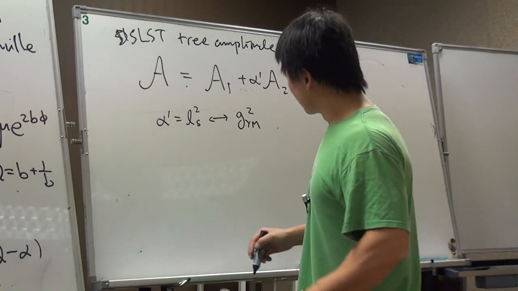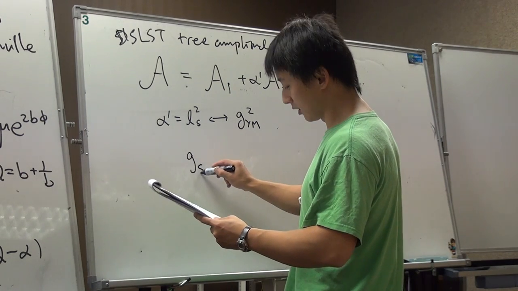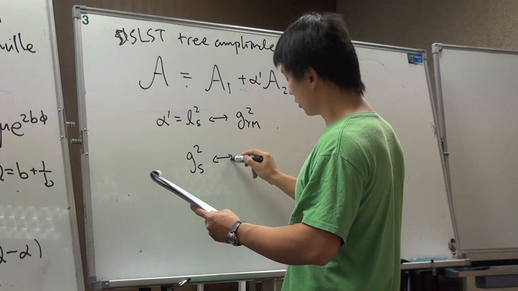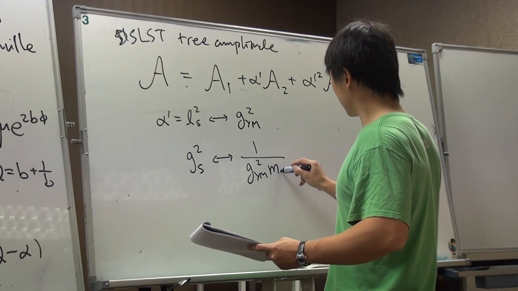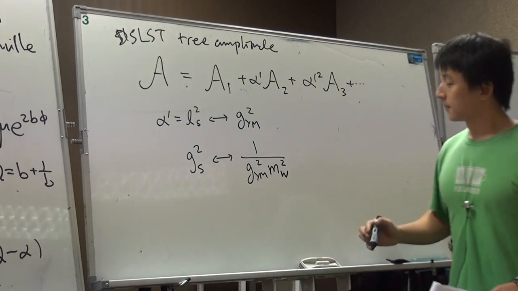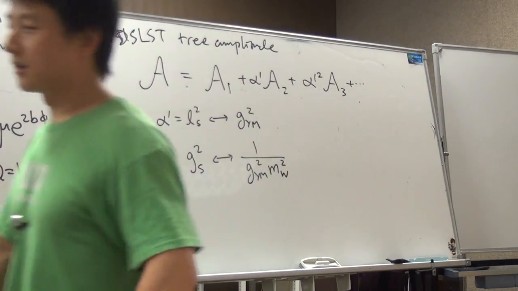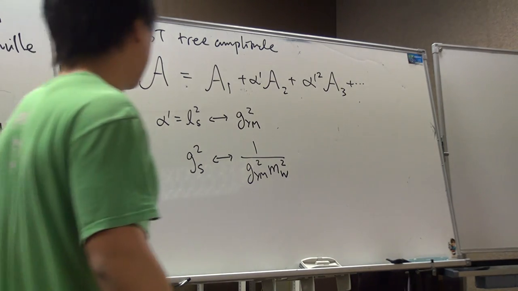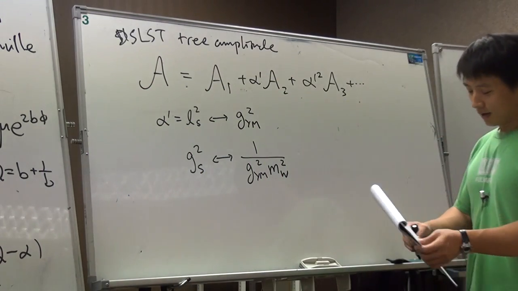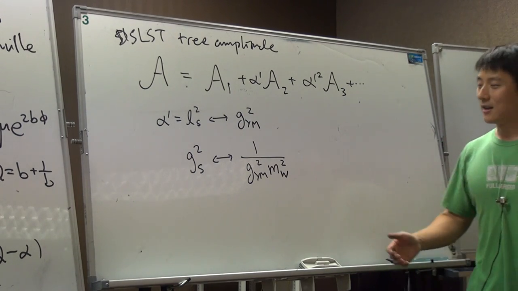The string loop expansion, on the other hand, as I also mentioned last time, g_string squared will correspond to 1 over g_Yang-Mills squared M_W squared. So it goes like 1 over the distance on the Coulomb branch squared. What this corresponds to on the gauge theory side is that if you calculate some amplitude in the gauge theory, say at some loop order,